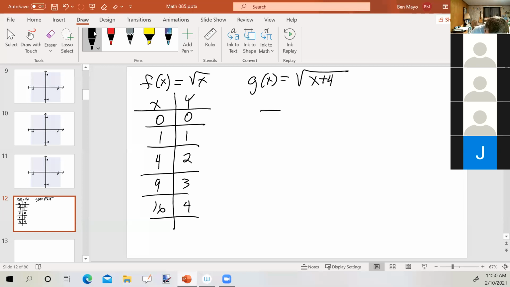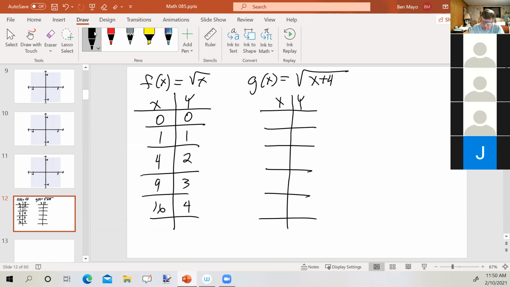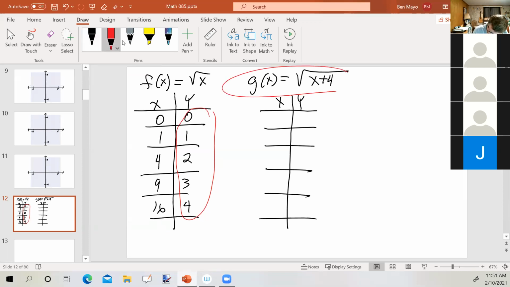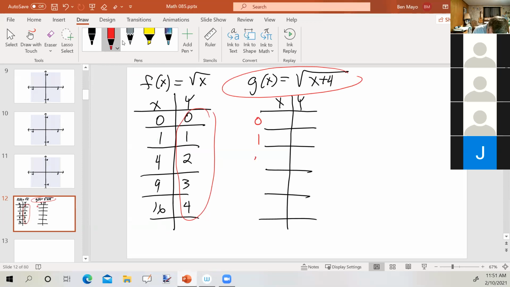Okay, now, the one we did earlier, f of x equals the square root of x, our inputs were perfect squares. We took the square root of a perfect square and we got nice outputs, right? Okay. Now, if we use the same inputs over here for this thing, if we use 0, 1, 4, 9,